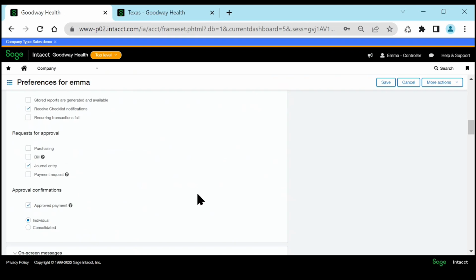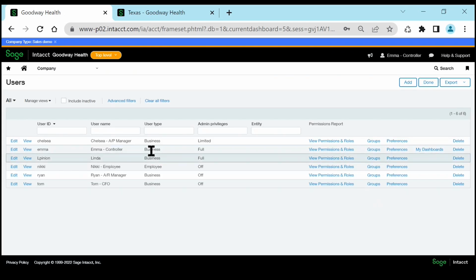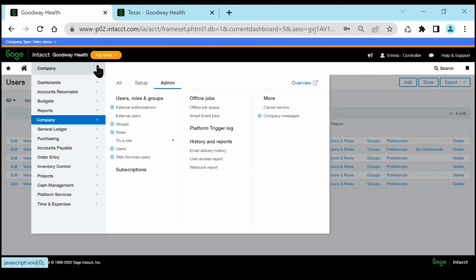Are they part of the approval process? So this allows you again to set up your users. When new users need to be added, you will have control of that. There's no need for you to come back to Sage Intacct. Also in that company area,